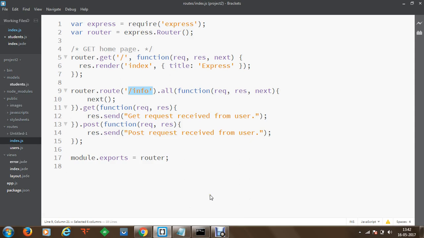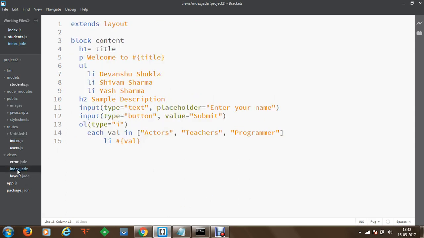So now what we have to do is go to our index.jade file, and within this Jade file, I would like to create a specific form. Using that form, I'm going to define some controls with the name property and specify some values, and as soon as we click on submit, the information will be sent to the controller, and we are going to receive which type of request has been received. So to do this, let's say here we are creating a form.